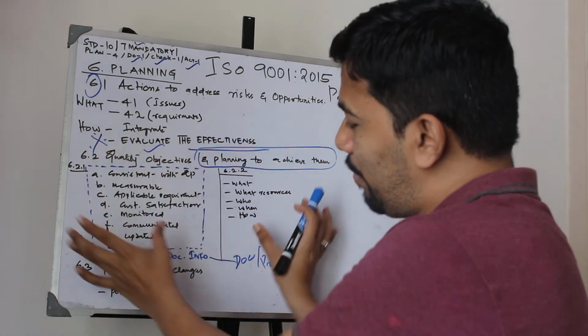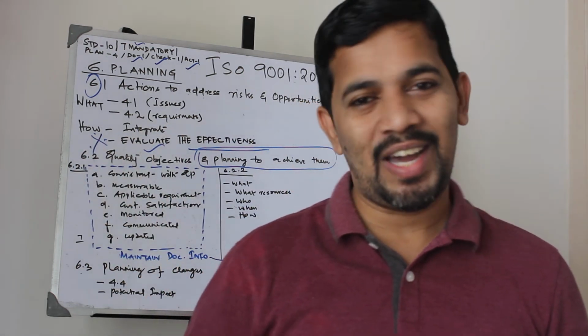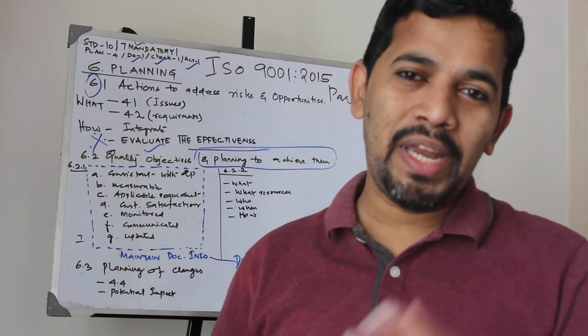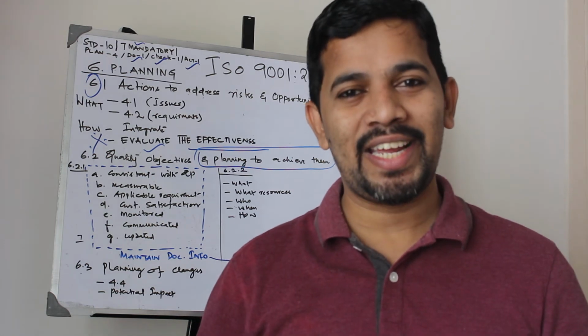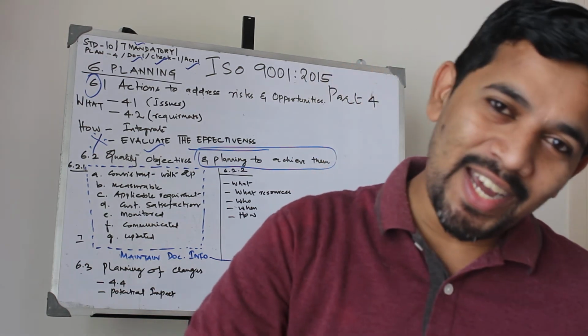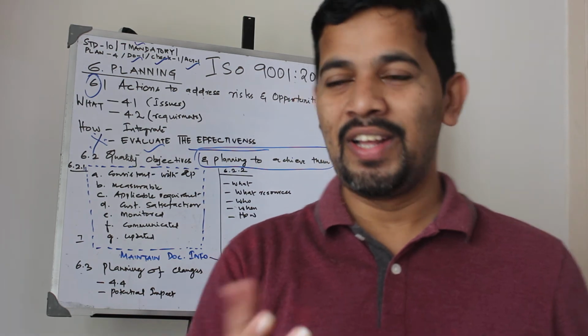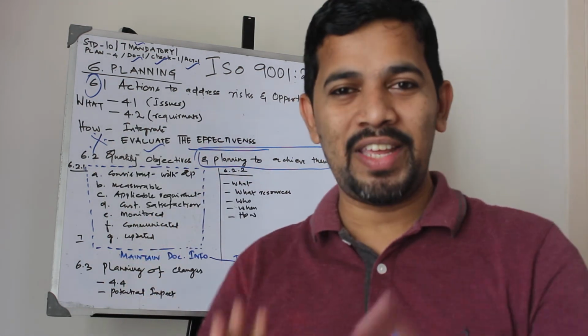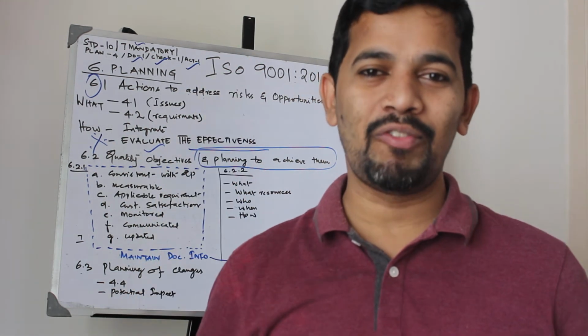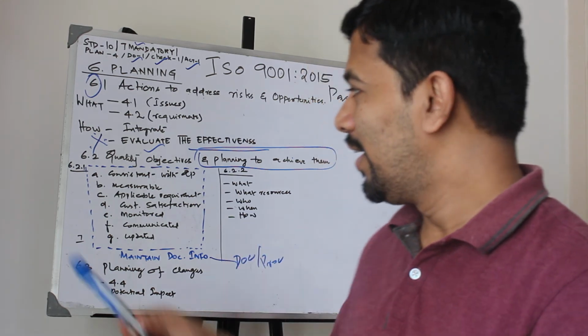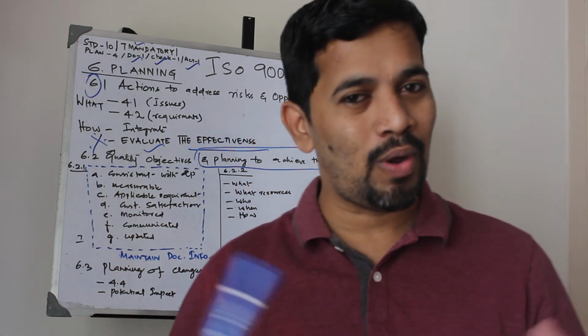And then the summary says that we maintain documented information. The phrase maintain documented information means a document, right? Retain documented information means a record. So all of these things we have to do, and then we need to maintain documented information. We need to have a document. That's what class number 6.2 is all about.